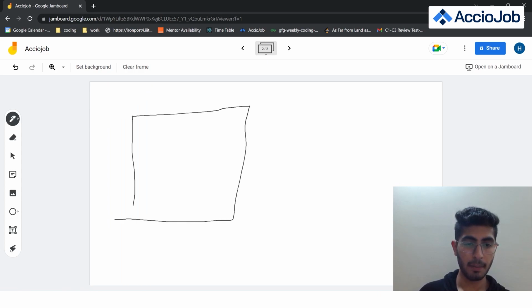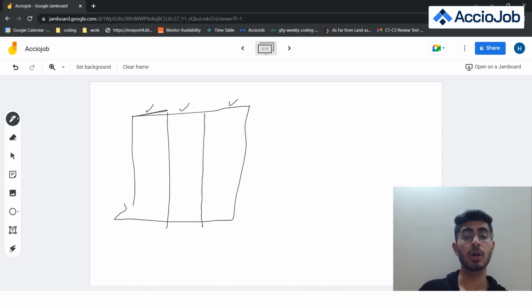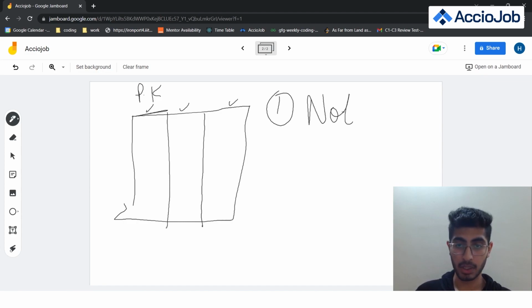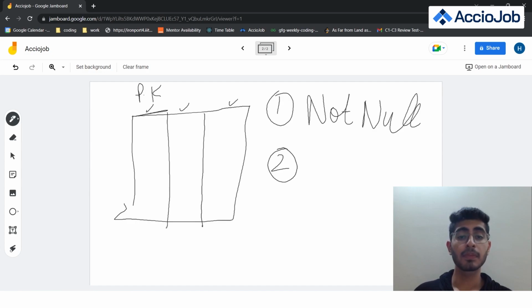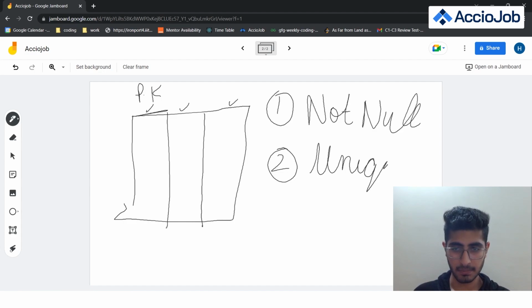In a table, I have many columns. Let this be the first column, second column, and the third column. So let's suppose this column I say as my primary key. Now, what are its characteristics? First thing, it should be not null. And if you have watched the previous video, you might be aware of what is not null. The next one is unique. And the third one is